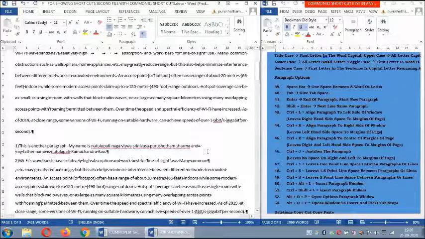Now the mark over here shows an Enter key symbol, but it is not the actual Enter key. By default Enter gives the next paragraph, but this shows an Enter key symbol. Using Shift Enter, what happens? Same paragraph, next line. The content goes to the next line, but in the same paragraph. So we didn't get a paragraph mark here because we are using Shift Enter. The content moves to the next line in the same paragraph. So I de-highlight this.